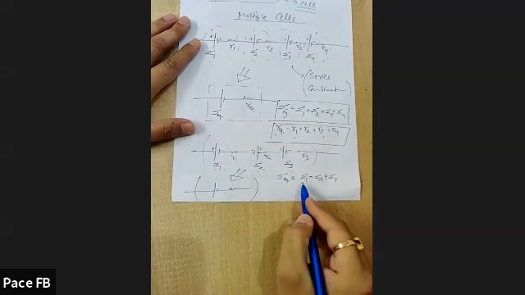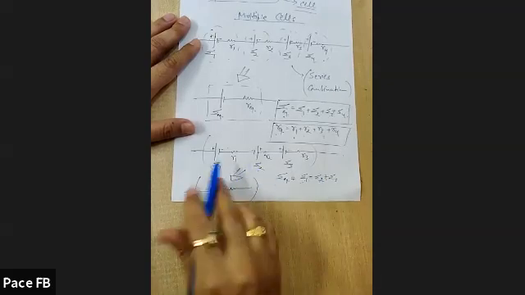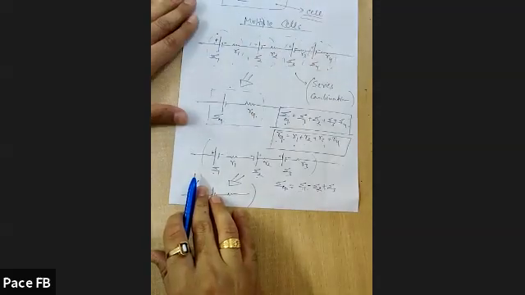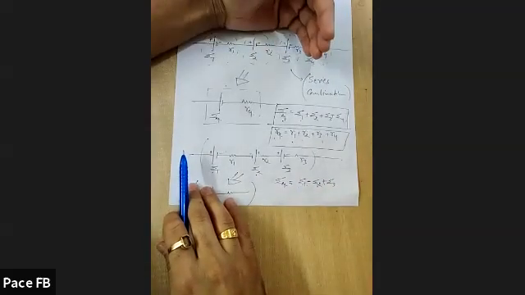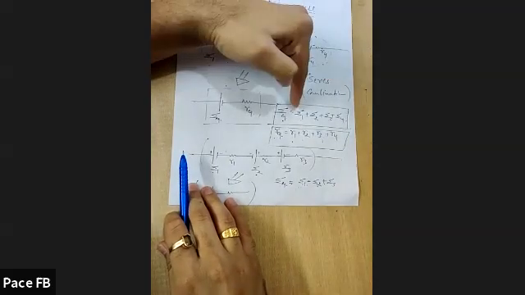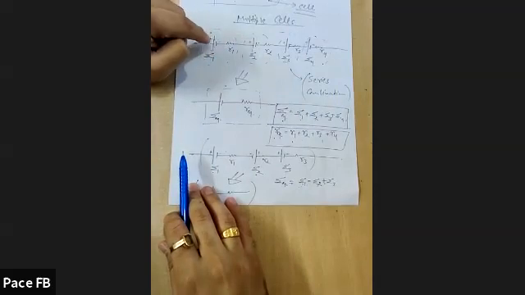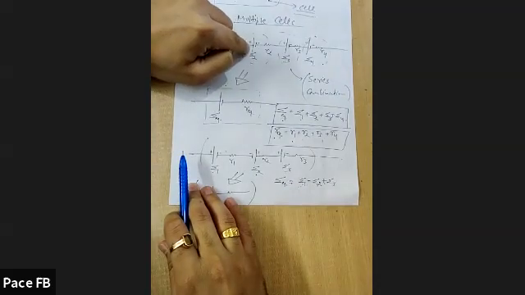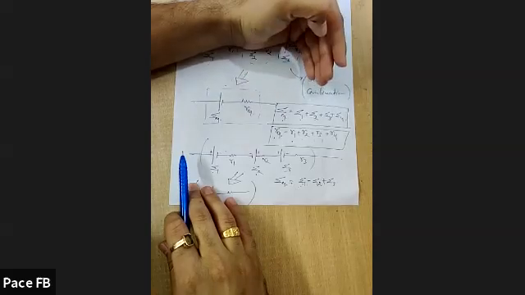So E1 minus E2, because these batteries in the first case, all these cells are supporting each other. Let me tell you why we are adding them. All these cells are supporting each other. That is why we are adding them, E1 plus E2. And when do they support? When they are connected in series and terminals are connected alternatively, like positive, negative. Now negative is connected with positive. Now positive, negative. Again the negative is connected with positive. So they are all supporting each other.